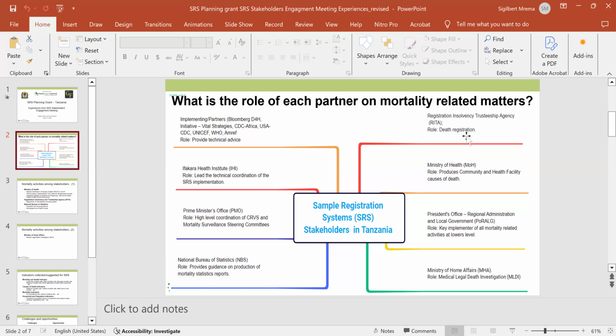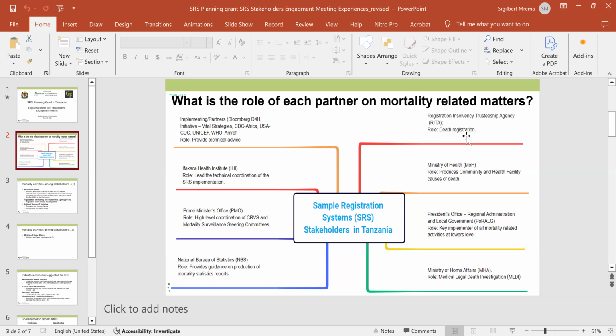And this ministry is key because all implementers, all staff that will be used in data collection in SRS will come from this ministry. So the key role for this ministry will be as implementer of all mortality-related activities at the lower levels.